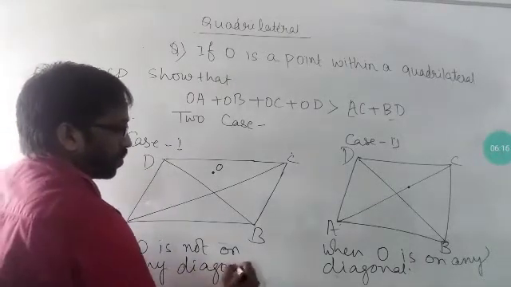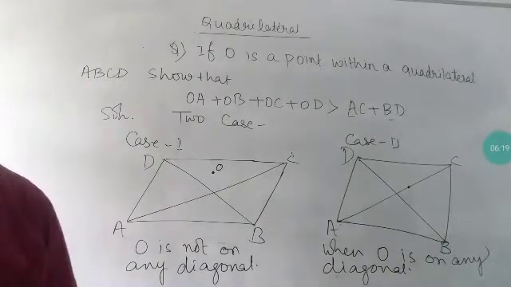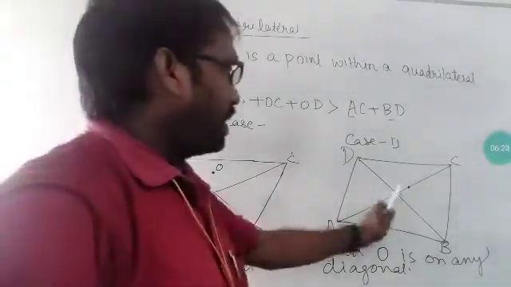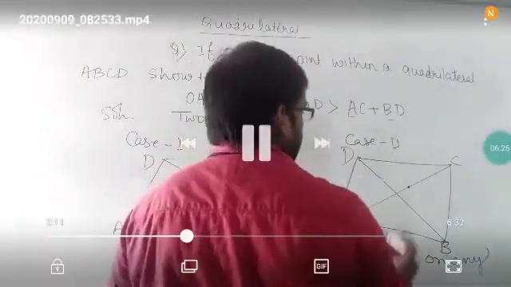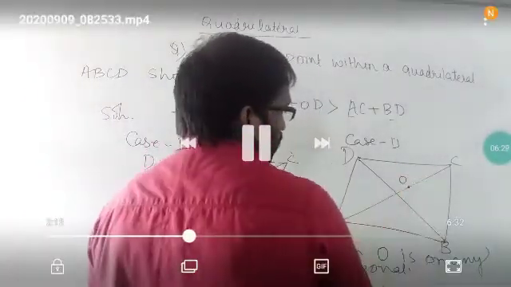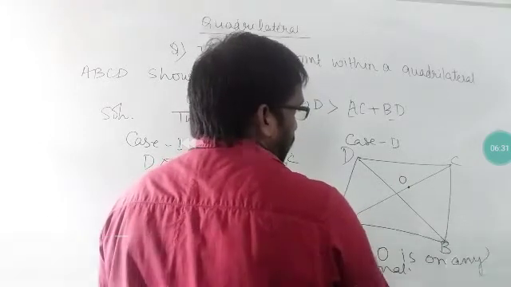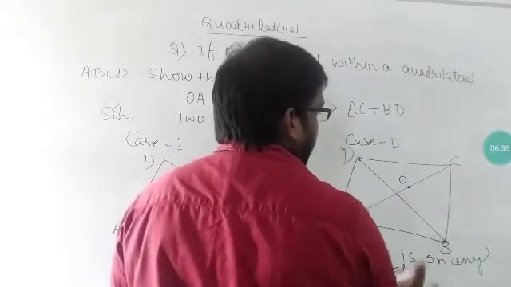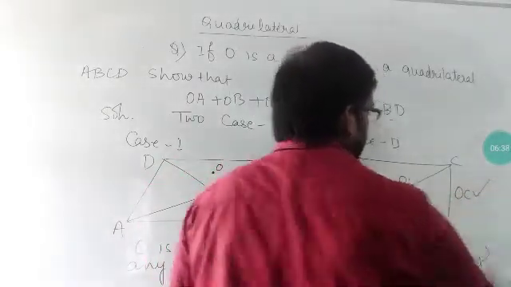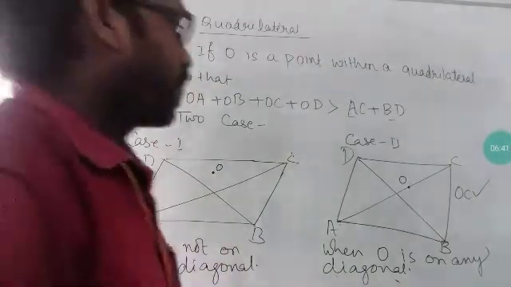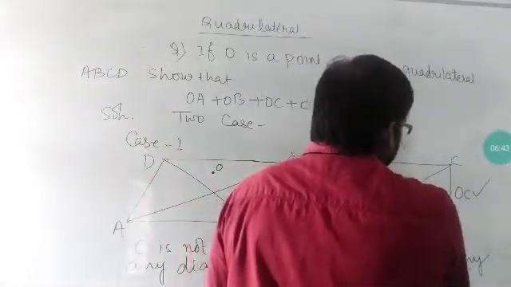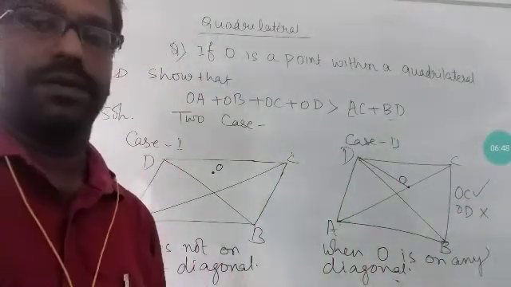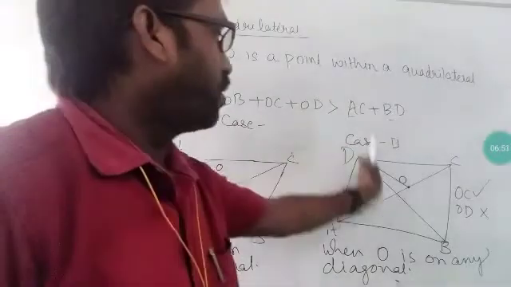Which can be possible? Someone can think, okay, this is also possible, because AC and BD are given here, so we can say that it can remain on AC and BD, but that is not possible. This second case is not possible. Why? Because we have to use the triangle inequality here, that the sum of two sides of a triangle is always greater than the third side, and here we are unable to form two triangles.